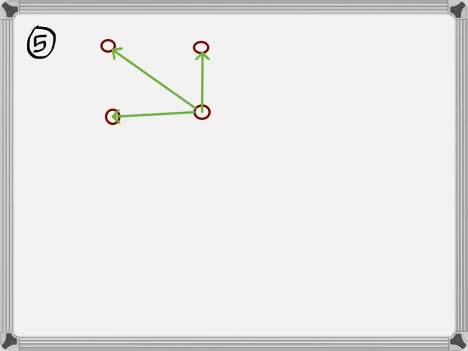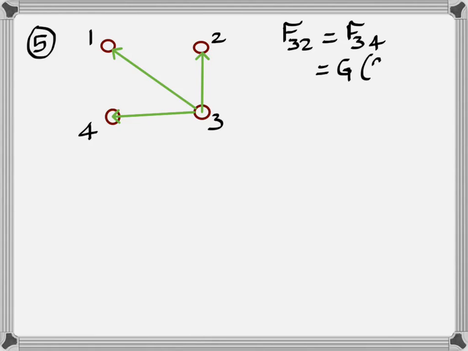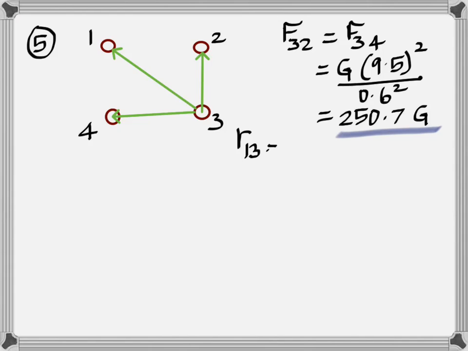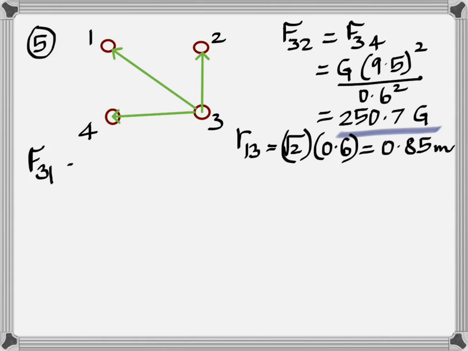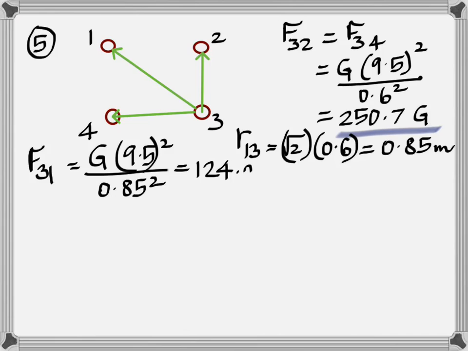Question 5, you have those 4 spheres and you have to find the force on one of them. In this case, you know that the force on 3 due to 2 and that due to 4 are equal, because all quantities are equal, and that is given by G m1 m2 over r squared. That's why you have 9.5 squared, and you get that. And then to find the force by 1 on 3, first find the distance as square root of 2 times the side,